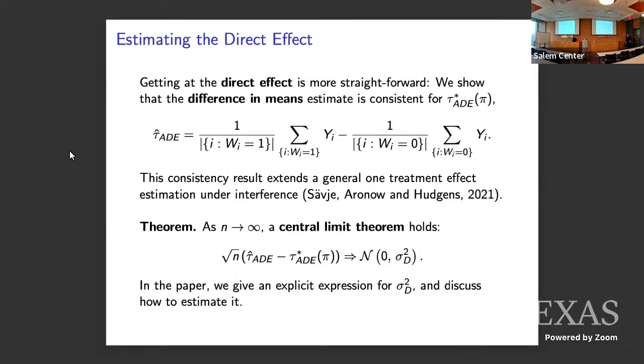I lost track of my declarations on tau. Is tau star the probability limit, or is that the potential outcomes thing? Great question. That's the large sample limit. So yeah, tau ADE is the thing we define in the potential outcomes. Yeah. So the root n rate is accounting for how long it takes to get to the probability limit too. Yeah. So in the normal set of the language, tau ADE would correspond to the sample average treatment effect, and tau star ADE would be the population one. And so this captures.